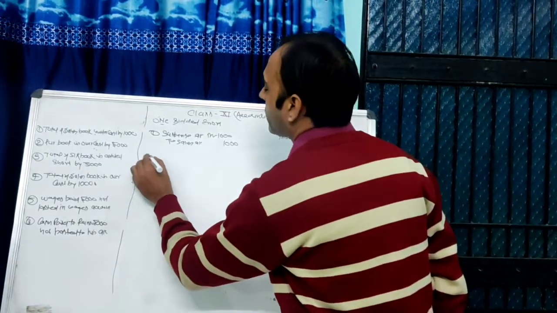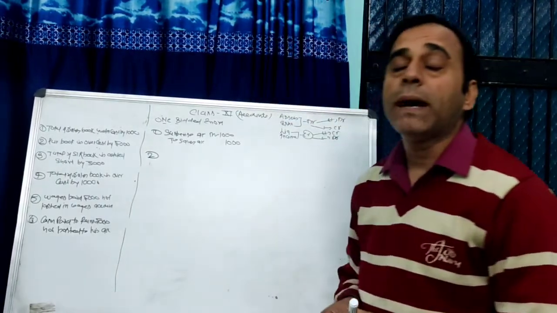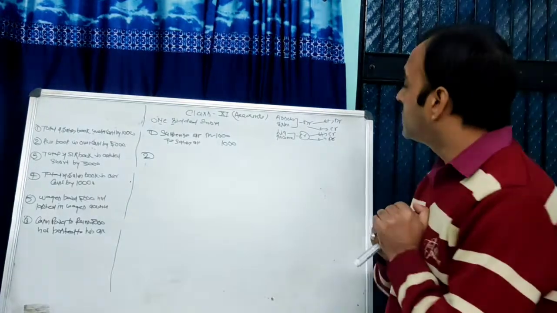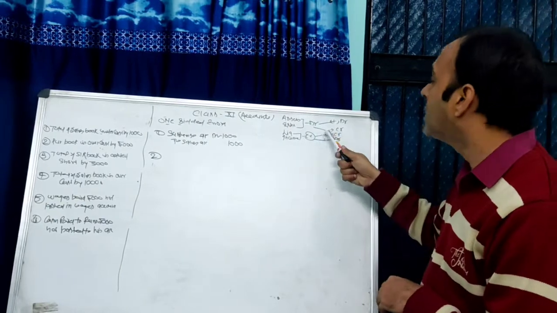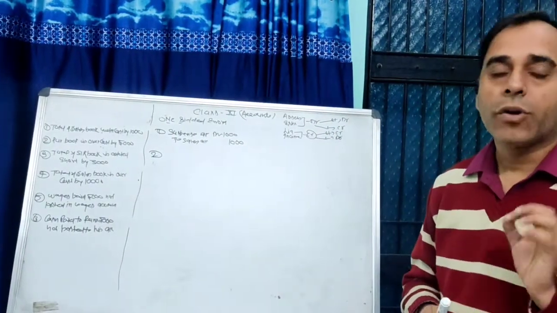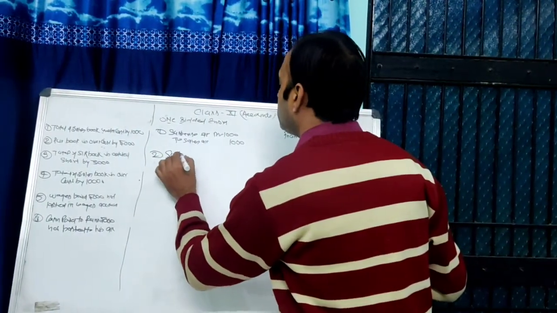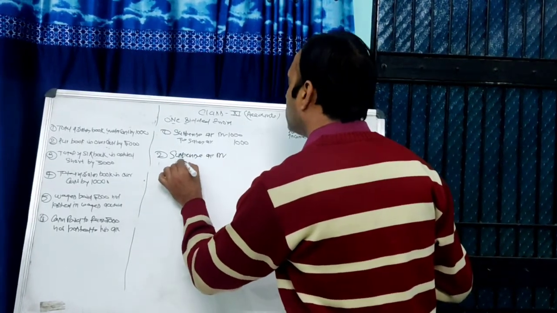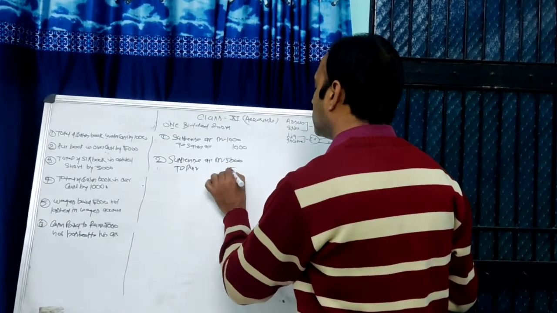Now we come to the next one. The next question: the purchase book is overcast by 5,000 rupees. The balance of the purchase book is by default increased. You have to decrease the balance of the purchase book. Purchase has which kind of balance? Debit balance. If an account has a debit balance and you have to decrease it, it becomes credit in the entry. Then the purchase account will be credited. What account will be debited? Suspense account. The entry stands for suspense account debit to purchase account, 5,000 rupees.